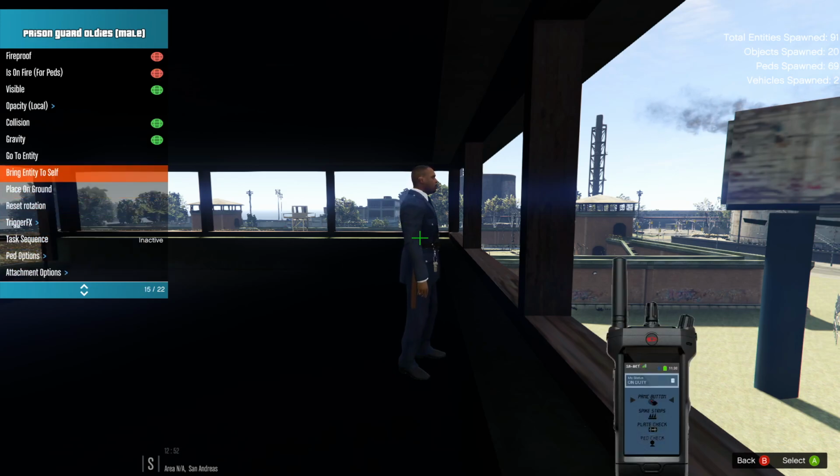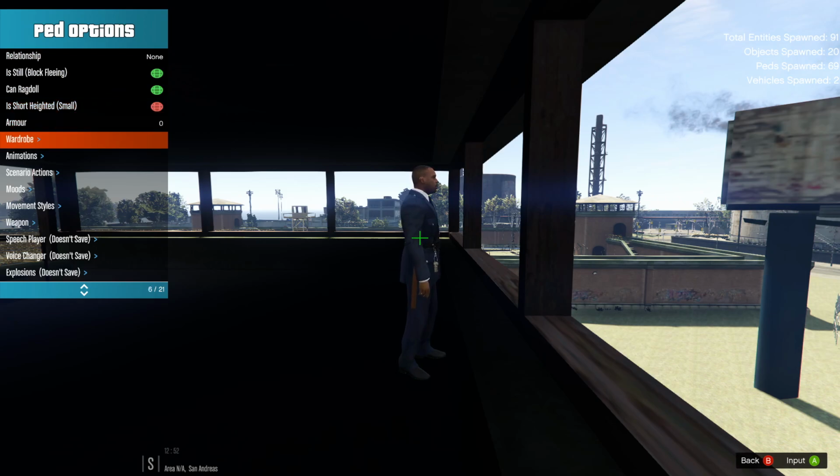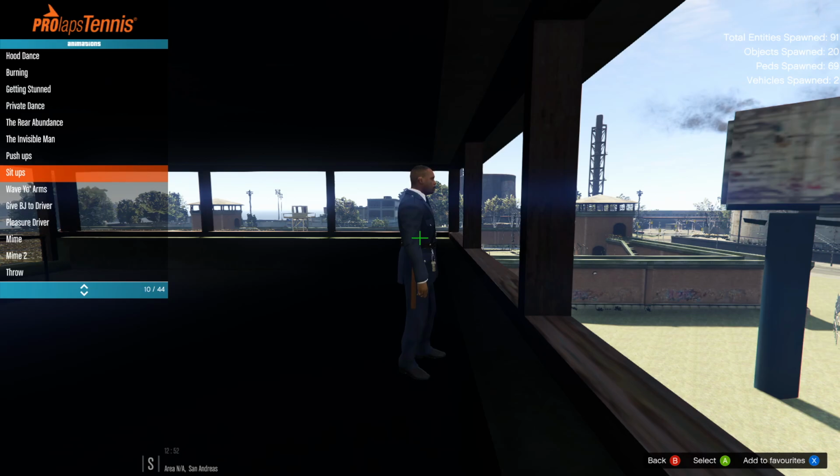And we're gonna go to ped options again. Now we're gonna give him some type of movement. So we'll go to scenario actions. I believe it's either scenario actions or animations. Either one is good. I just gotta find the one. There's one where it's using the binoculars. It may be animations. So we'll go down. Let's see if we can find the one with the...